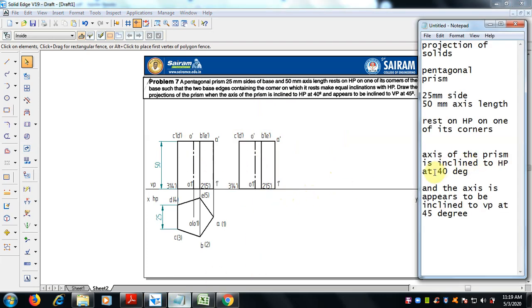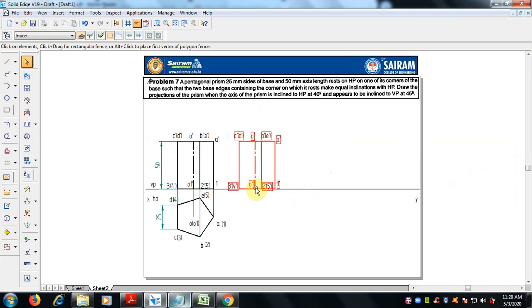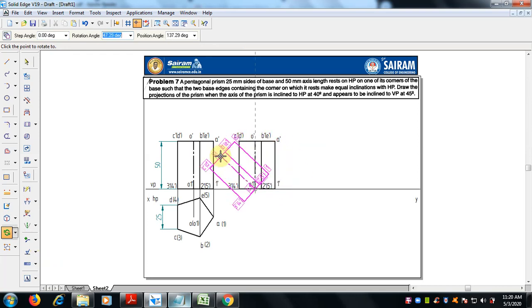The question is, the axis of the prism is inclined to HP at 40 degrees. So this is the axis of the prism. Rotate. If you select this, the entire thing is getting selected, and if you select the axis to rotate, it will rotate on the axis. But that is not the question given.